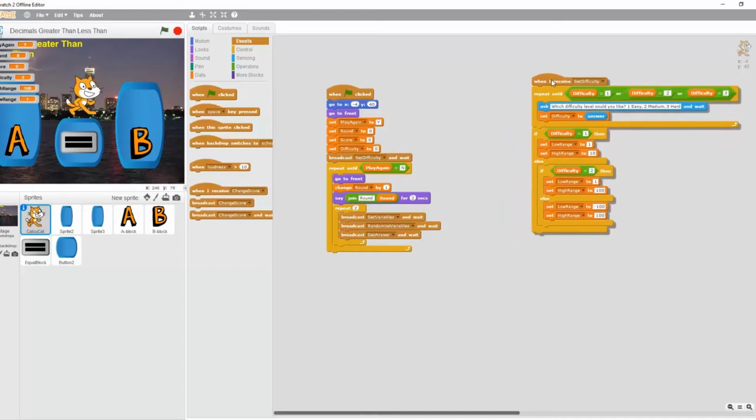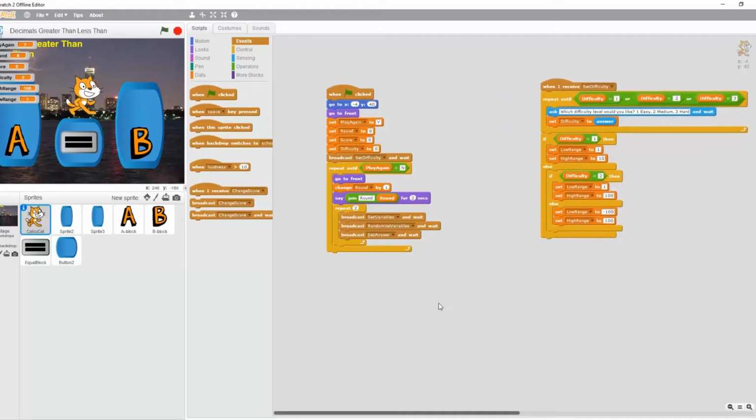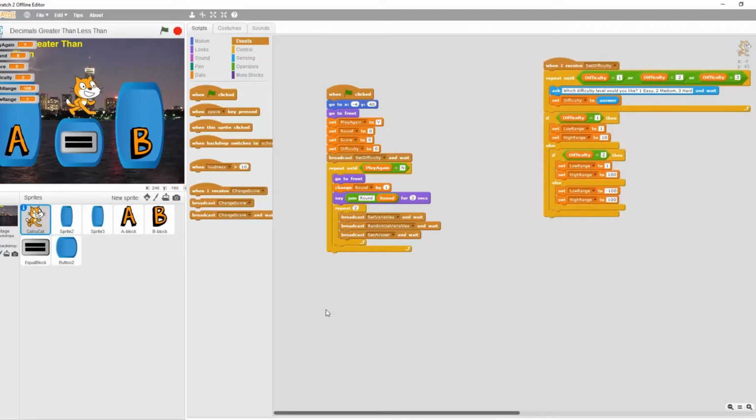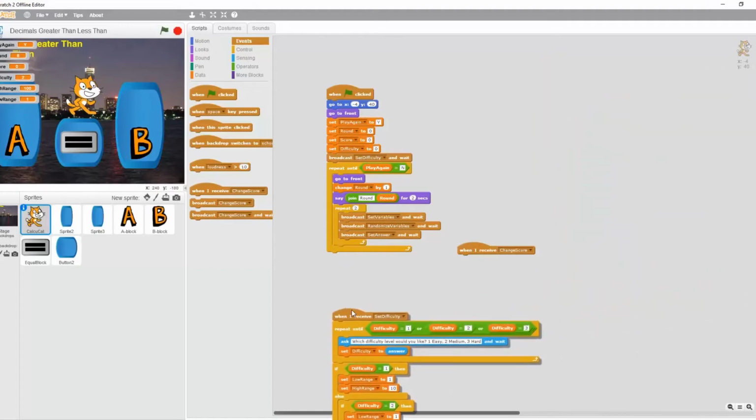And let's go ahead and, do I want to do that now? Yeah, what the heck? Let's do it. All right, so let's go ahead and create our set variable block up. Okay, it's pretty easy. Let's go over here, when I receive, and I'm going to drag this one down, set